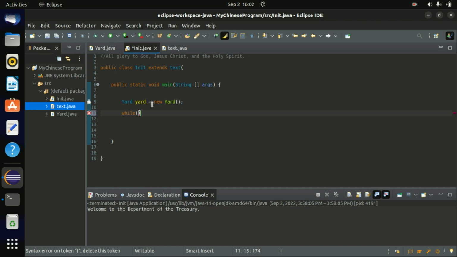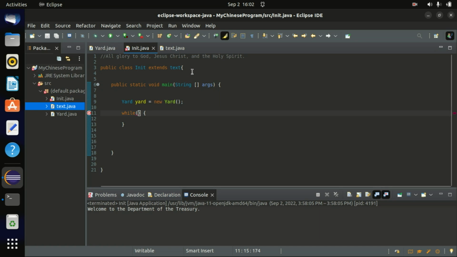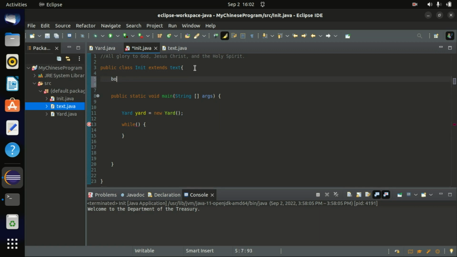All right, so what does while mean? Well, I'm pretty sure we all went through school. We all figured out what while means. While means while something is still happening. While something is still happening, we need something to happen. So let's make a